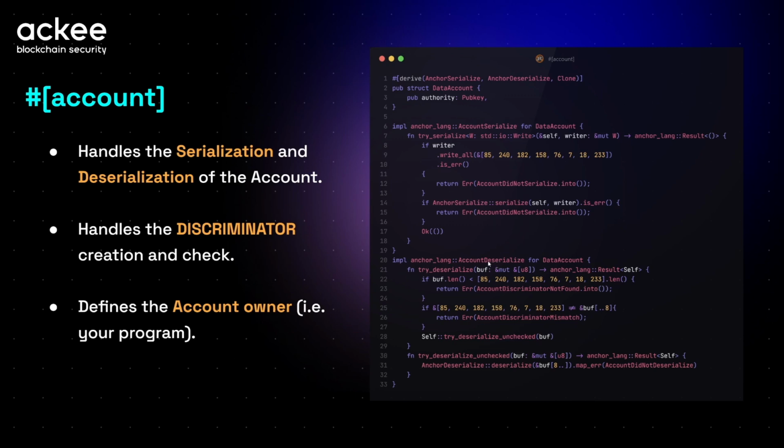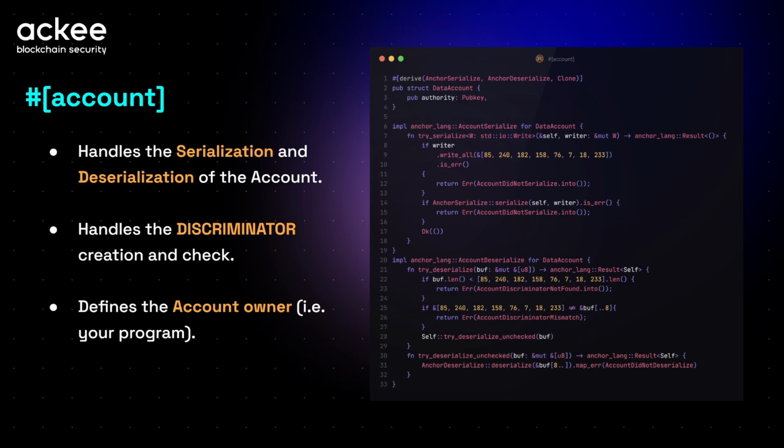For the deserialization, it is the same, but in this case it also checks the discriminator. If the first 8 bytes are equal to the discriminator of the account, we are going to talk about on this slide what the discriminator means. And if not, then there is an account discriminator mismatch and you receive a bad account error, and then it tries to deserialize the structure from the byte array.